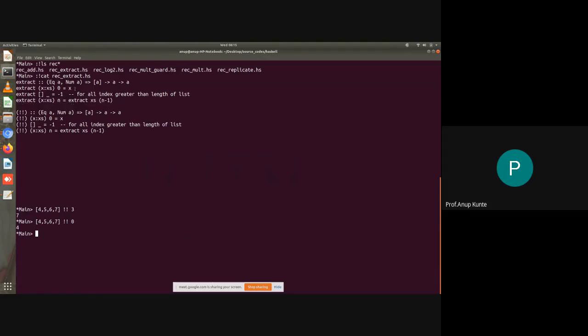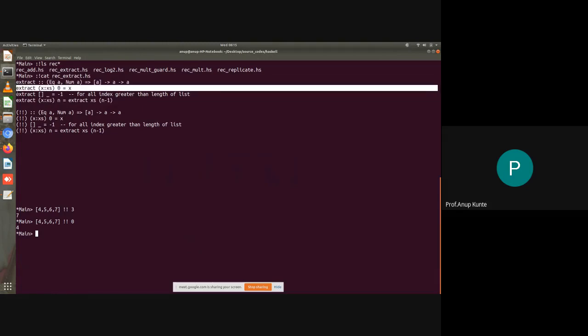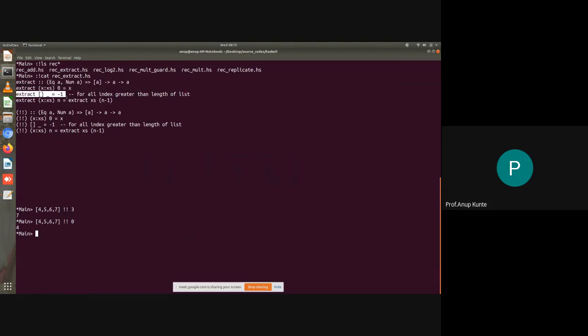This particular step is called my basis step. We are using it to avoid certain overflows that will occur. So this is again a basis step, and there are two basis steps here: either when the index is 0 or when we are extracting something from an empty list. Whenever the list exists and we are extracting the nth term, we just extract from the tail of the list the n minus first term, and we go on doing this until we reach a list which has the n terms.